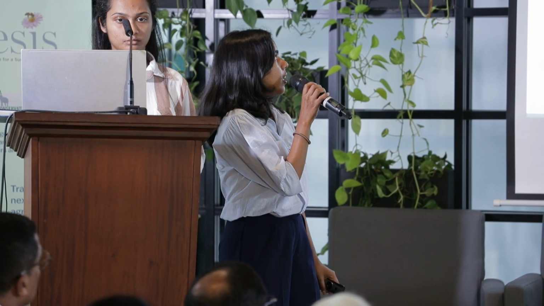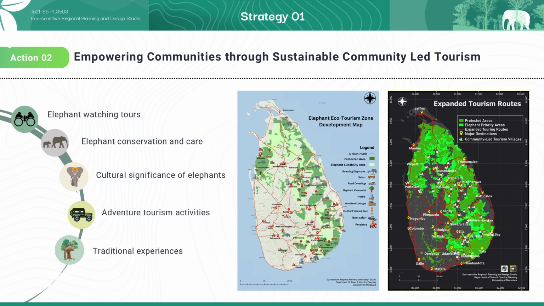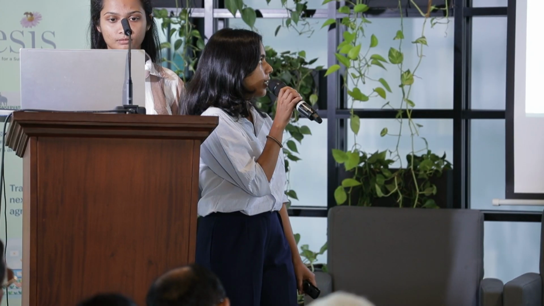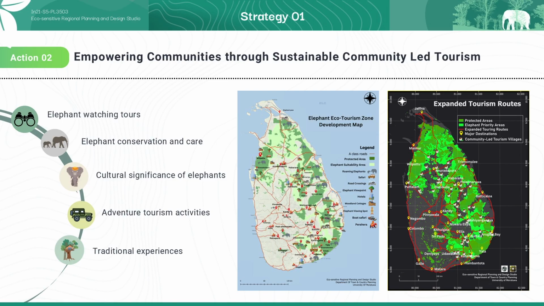What will people do in the other season? For that, we are introducing a community-led tourism model focusing on sustainable, eco-friendly initiatives. It will include nature trails, guided tours, homestays, and craft markets, creating jobs linked to conservation. Considering this tourism potential, we have identified around 26 villages to introduce this livelihood diversification model.